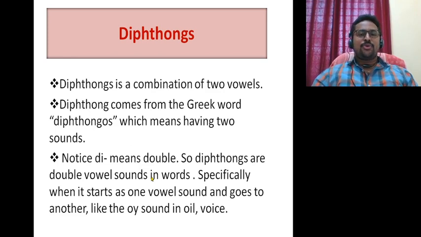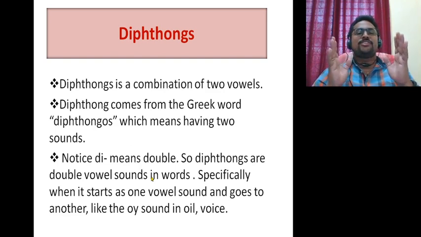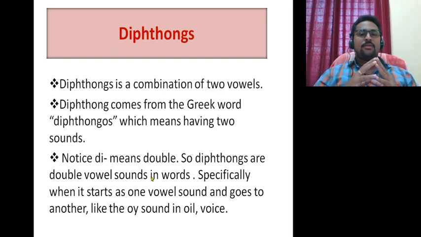In English, we have 26 alphabets. These 26 alphabets consist of 44 sounds that we have discussed. These 44 sounds are segregated into two types: one is vowel sounds and the other is consonant sounds. We know how many vowel sounds we have, as we discussed in the previous class. We have 20 vowel sounds and 24 consonant sounds.